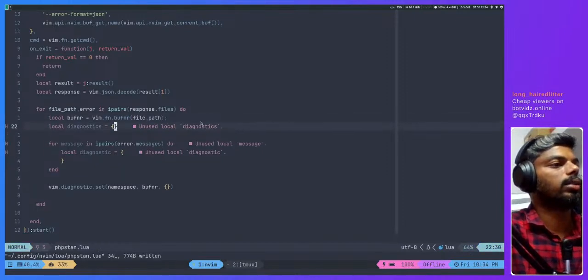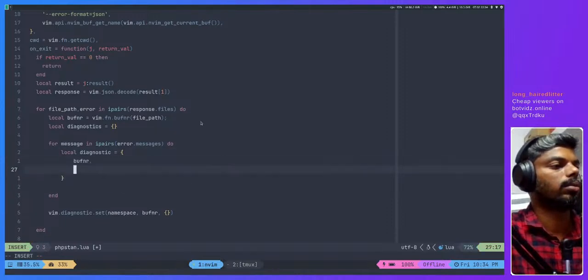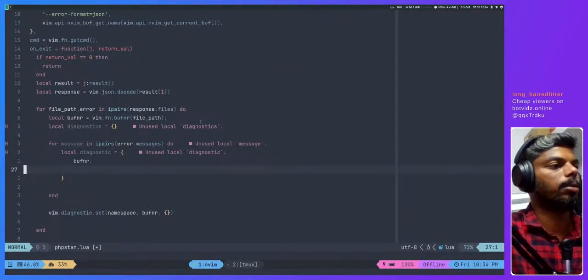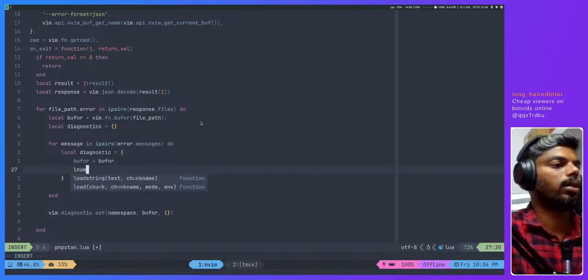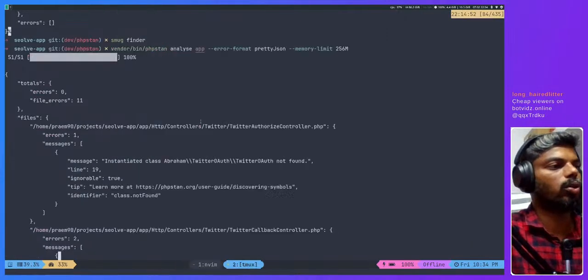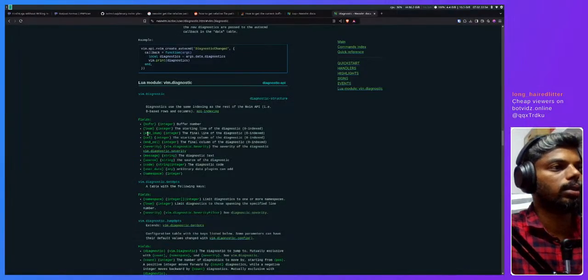So this is a bufnr, and the lnum. lnum equal to message.line, and we don't have the end line number, we don't have a column, we don't have an end line, but